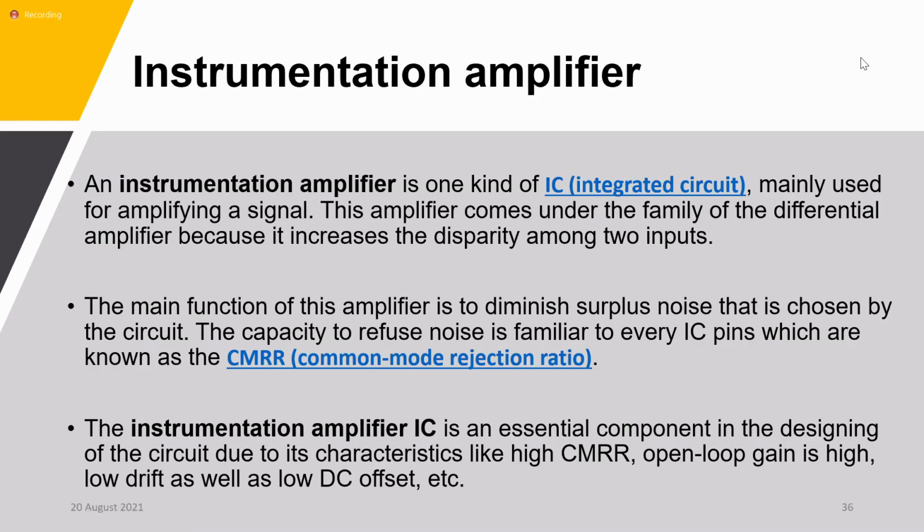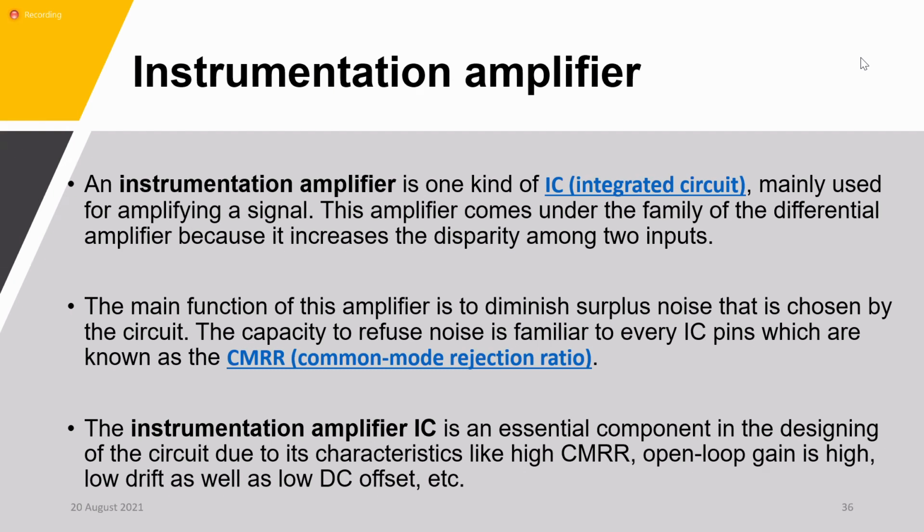An instrumentation amplifier is a kind of IC mainly used for amplifying a signal. This amplifier comes under the family of differential amplifiers because it increases the difference between the two inputs. It accepts two inputs. The main function of this amplifier is to diminish surplus noise that is picked up by the circuit. The capacity to reject noise is a characteristic of ICs, known as the CMRR,